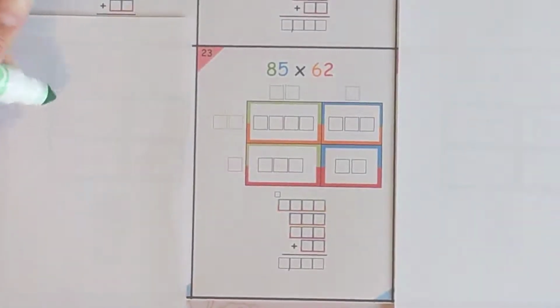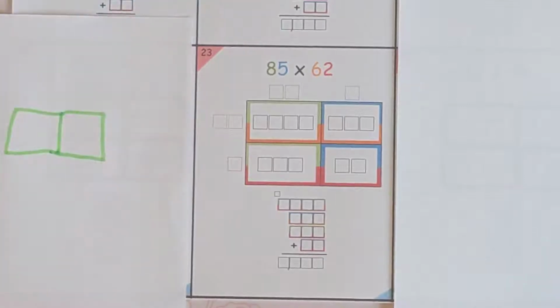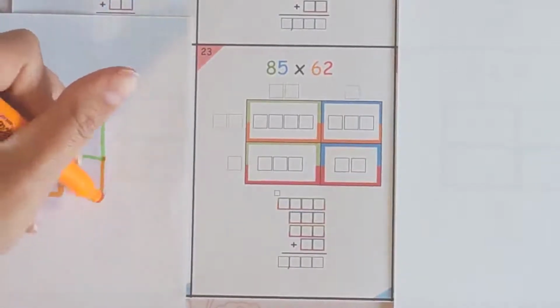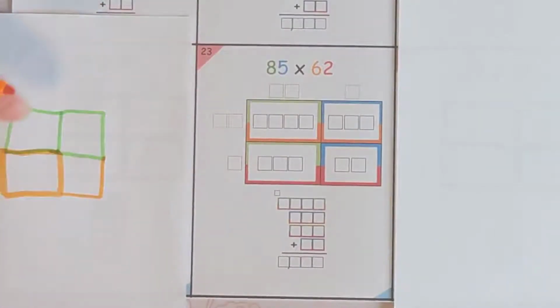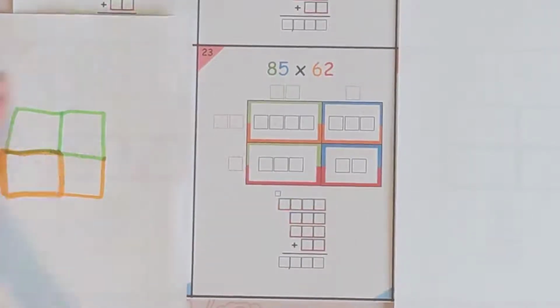So think of it like this, 85 times 62, and we'll fill that in. So it's 2 across for the 85 and 2 down for the 62. And I'm going to use this one. If you want to get this, you can click in the description below, but you can also follow along with